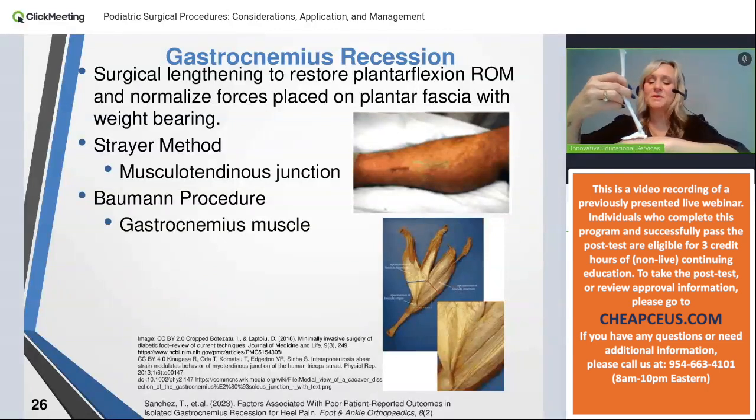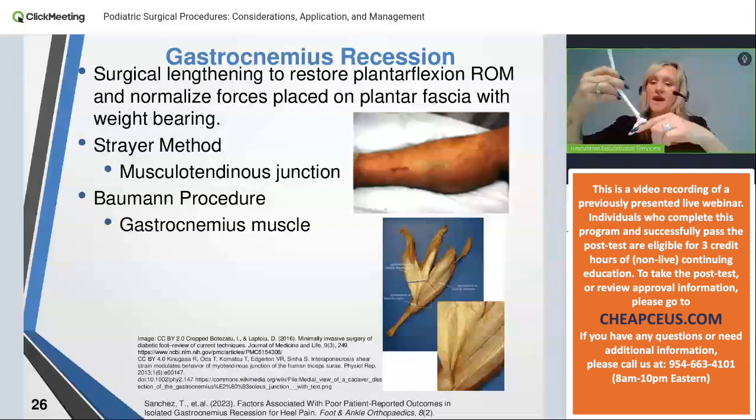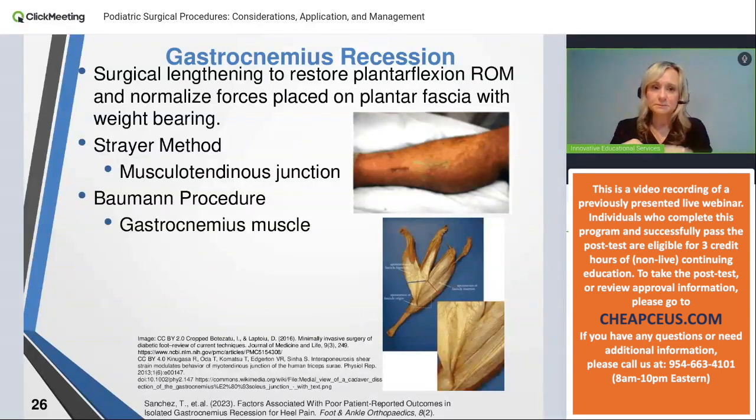I'm here in mid stance. When I start to go to that heel off and my tibia is translating, if I don't have that excursion of the gastroc, then when I go to my push off phase, that does affect that windlass mechanism. So a lot of times the surgeon may go in because he's already in there and do a gastrocnemius release. And again, this may be a procedure that you'll see concurrent for other patients that we're going to talk about today. Also, it's that lengthening to restore